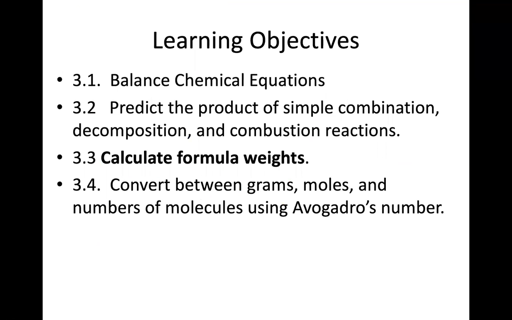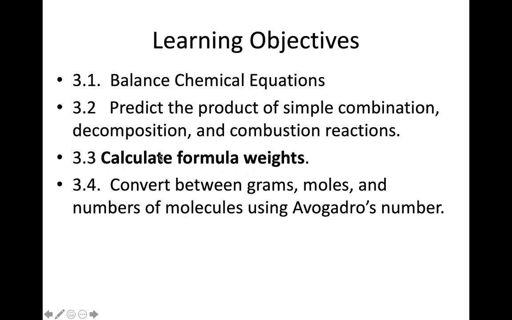So within this part, I've got really a total of 4 different learning objectives. We've already done 2 of them. We've already looked at balancing chemical equations, and we've looked at combustion reactions. The idea of combination or decomposition reactions, those are other reaction types within the chapter. I think if you glance at those, you're going to be able to understand those. The reason I emphasize combination ones is that's the most specific one that I need you to understand. These next 2 parts, in 3.3 and 3.4, we're going to be doing some calculations. We'll be doing some math.